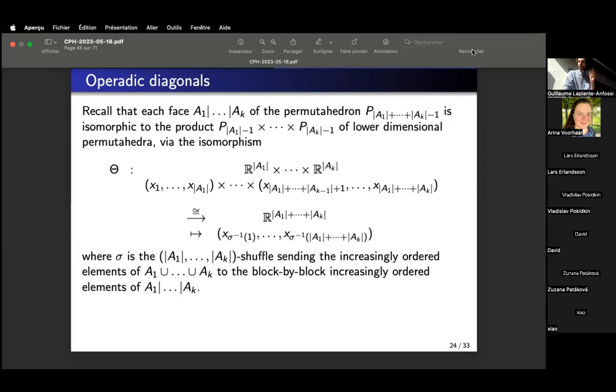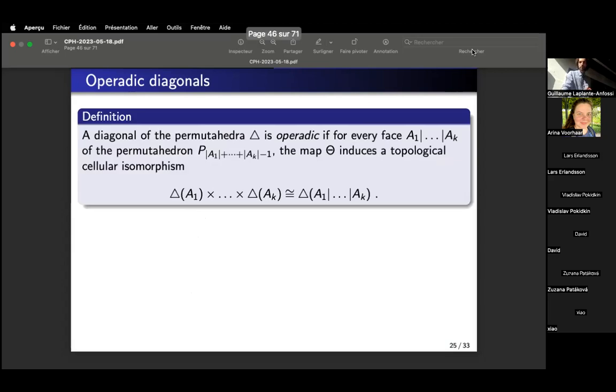So this is big theta, and we will need it in a second. So now I will call a diagonal of the permutahedron, of the permutahedra. So now we will be interested in a choice of diagonals for the whole family. So I choose in each dimension a diagonal for the permutahedra. And I will call such a choice operatic